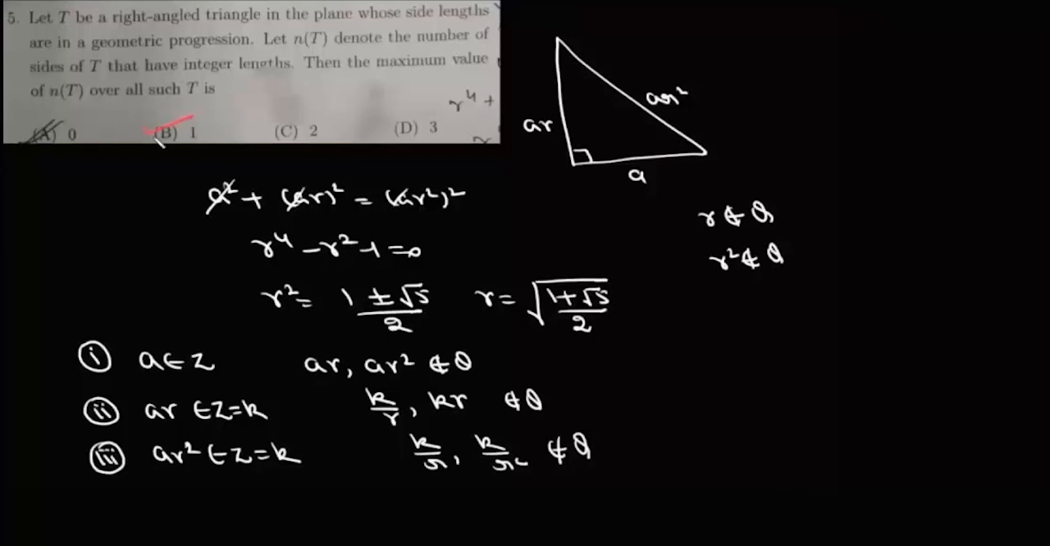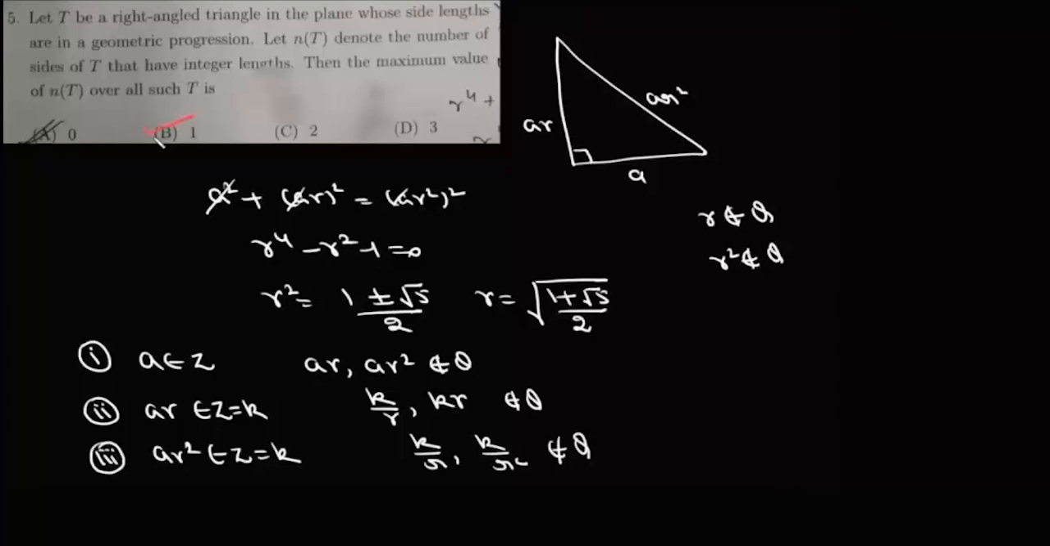Now let the sides be a, ar and ar square. Since it is a right angle triangle, it's going to follow Pythagoras theorem. So we can write a square plus ar square equals ar square whole square. So it will be a quadratic in r square, which if we want to solve, we'll get r square as